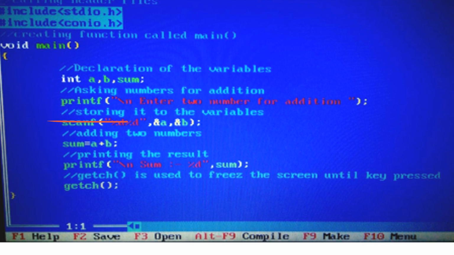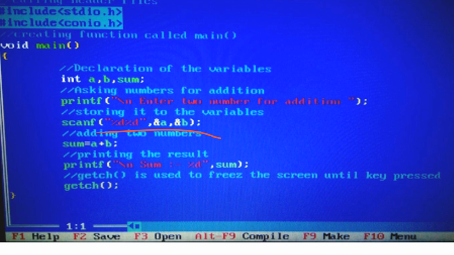And what is scanf? Whatsoever the user writes on the terminal screen, it scans it and places that value in some variables, like here you can see a and b.